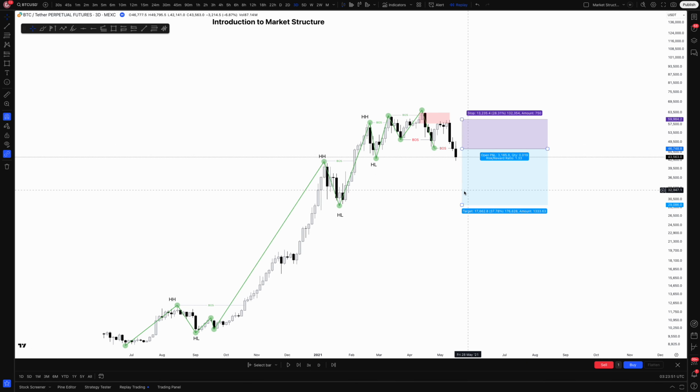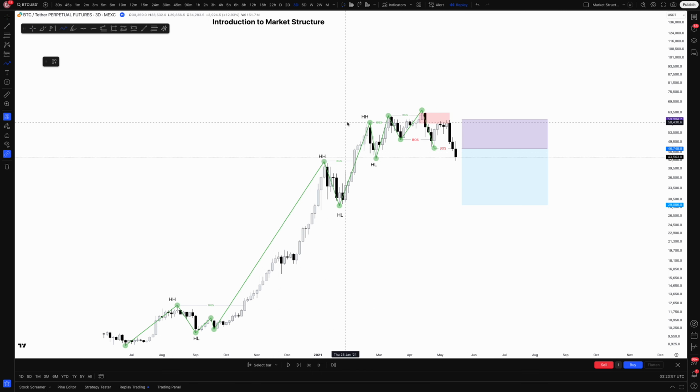So this would be a valid setup for a short, because you've broken structure twice consecutively. You potentially would want to look for a pullback, maybe something like that, and then once that breaks again on a smaller time frame, you can enter targeting that other higher low pivot point. Okay,